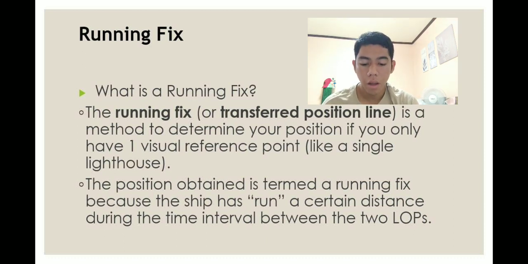Running fix. A navigation position determined by the intersection of two or more lines of position taken at different times and advanced to a common time. A fix is where two position lines intersect. If three position lines can be obtained, the resulting fix may not have the lines intersect at the same point but create a triangle, where the size gives the navigator an indication of the accuracy of the three separate position lines. So if you see the example picture,